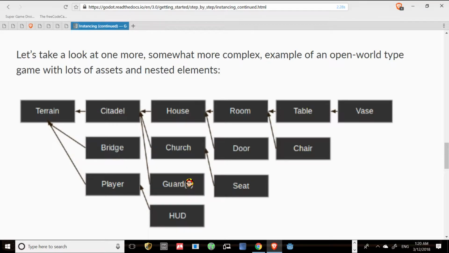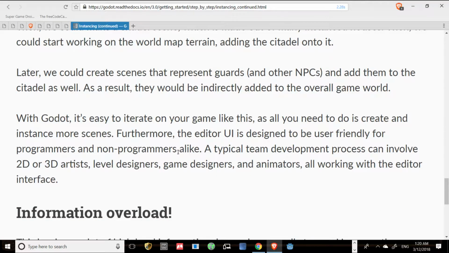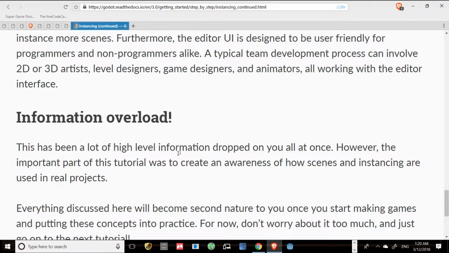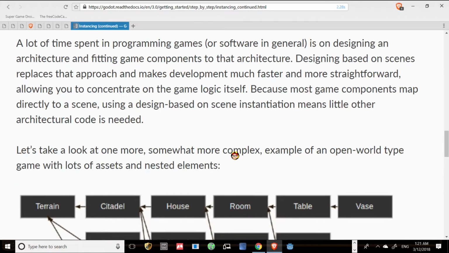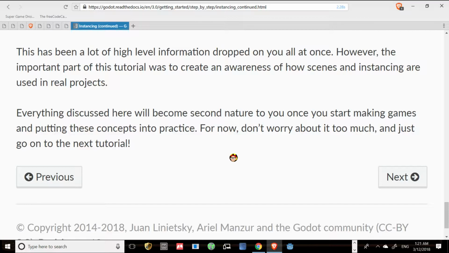Again, just in case, note that anything you copy and paste into Godot 3, or in any engine in general, will take system resources. So if you're not familiar with optimization, be careful, because you can overheat someone's computer and also your own computer when you're testing your own game, which I've done myself with Construct 2. All right, I think that's about it. Information overload. So we're done with